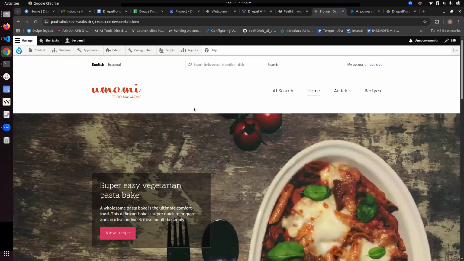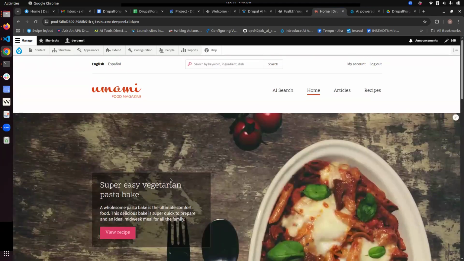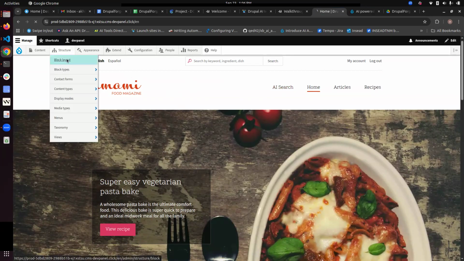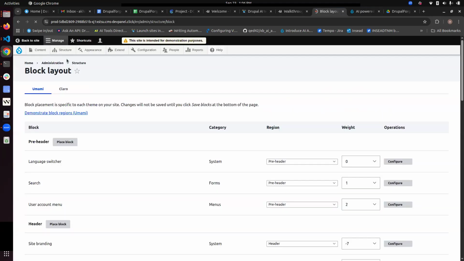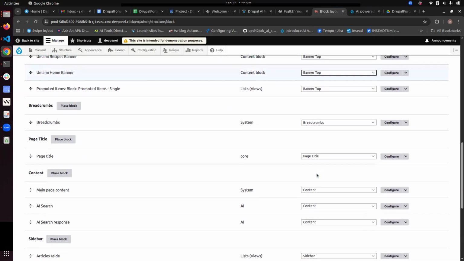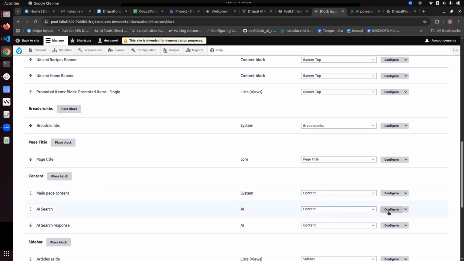So I'm using the Umami profile here because it comes with default content, and I have enabled the AI search module and the AI search block module, and this module provides two blocks. The first one is AI search, and the second one is AI search block. And I have placed both these blocks in the content region, and the AI search block